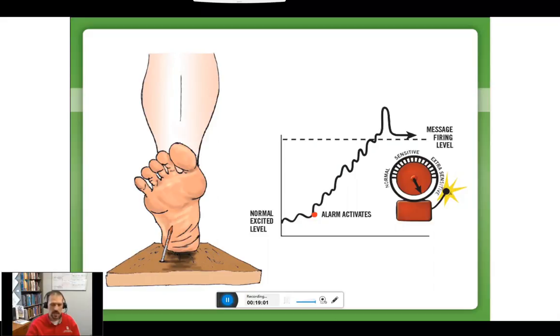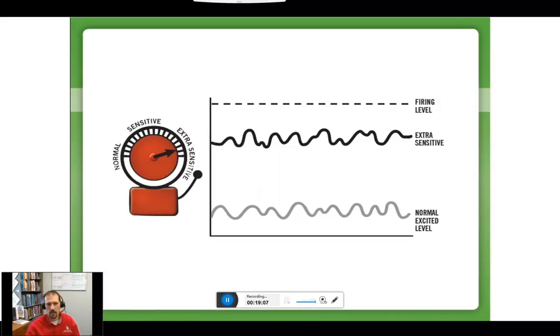And typically we would expect that that alarm system would then quiet back down, waiting for the next time to be activated. But we know now through the evidence and the research that about 1 in 4 times it will stay a little bit more sensitive. Again, there are lots of different reasons why it could stay more sensitive, but we do know the nervous system can stay a little bit more sensitive with many individuals. And now we're starting to get patients to understand that their alarm system, their nervous system, can be more sensitive, and it doesn't necessarily mean that they have more injury going on.